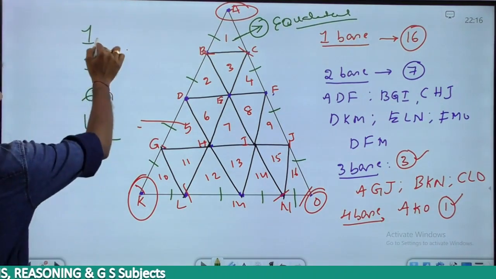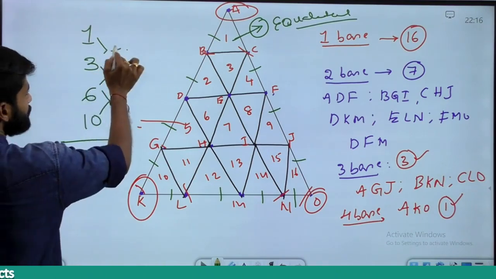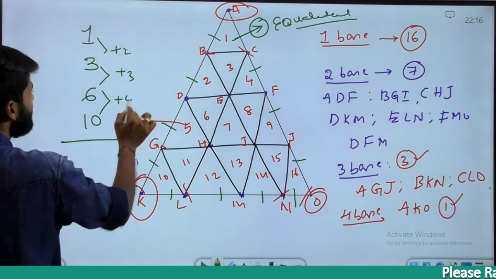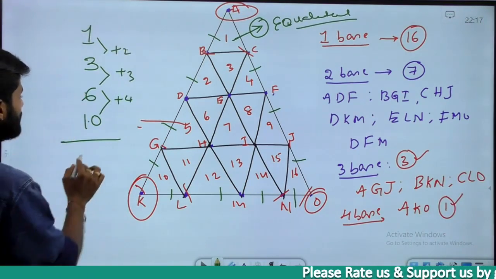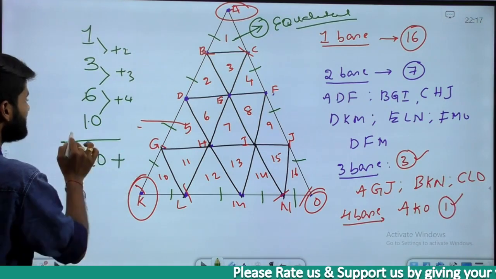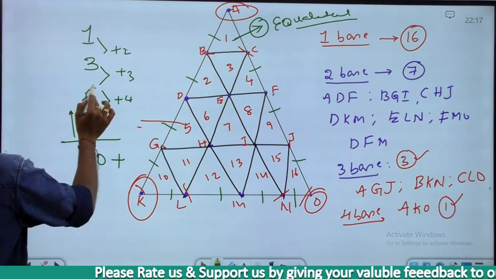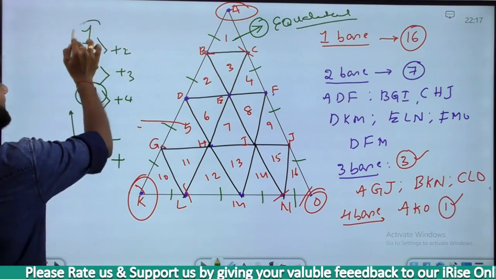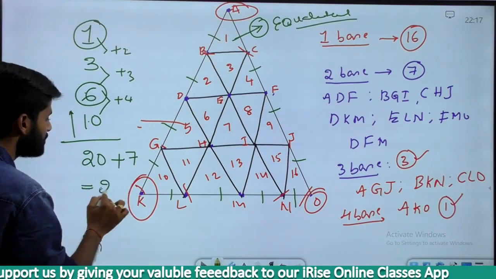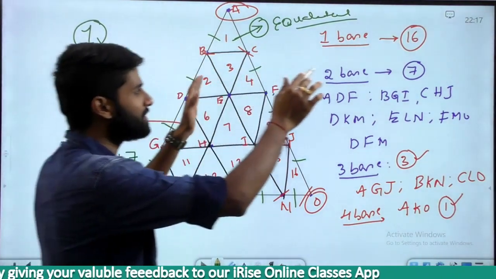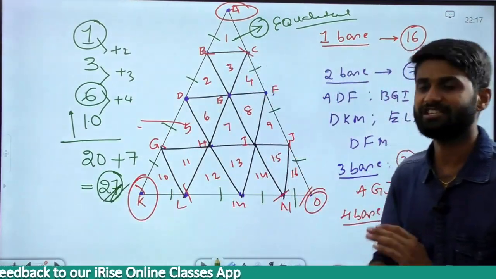See, 1 plus 2 is equal to 3, 3 plus 3 and plus 4. So simply add these numbers. If you add all the numbers, 10 plus 6 is 16, 16 plus 4 is equal to 20, guys. Next, you just take every alternative number from the bottom onwards. Bottom onwards means the first number is 6, the next number is 1. So 6 plus 1 is equal to 7. The answer becomes 27, guys. So without any manual counting, you can get the answer 27.